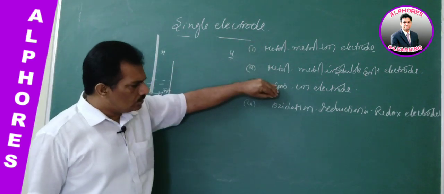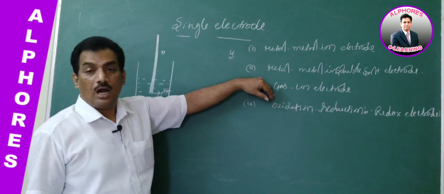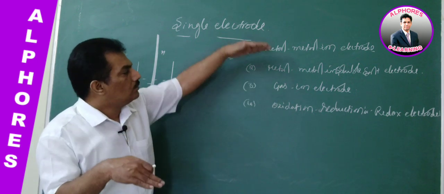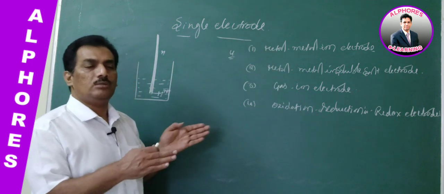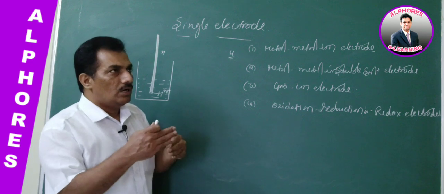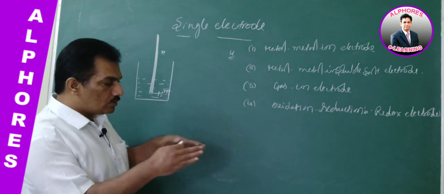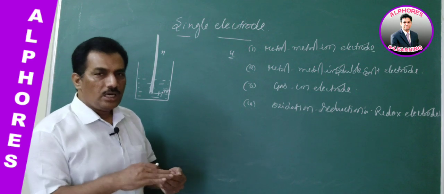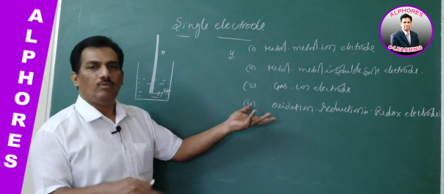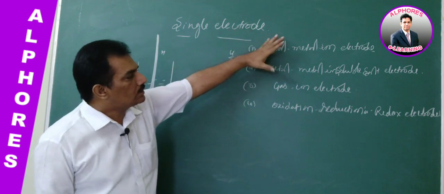These individual electrodes can be used in the construction of an electrochemical cell. And in such a construction, any one of these can be used as an anode or cathode. It is nothing but that the anodic or cathodic behavior is a relative property depending on the two electrodes which we selected to construct the electrochemical cell. Relatively, one will behave as anode, one will behave as cathode. Clear? And now, how to construct these?